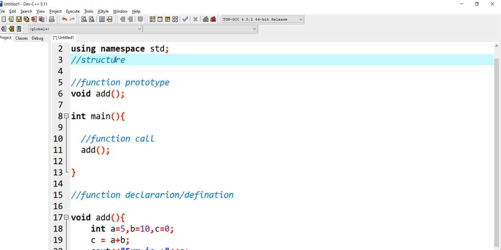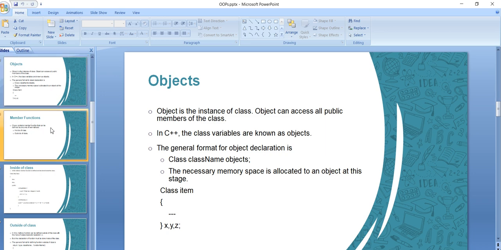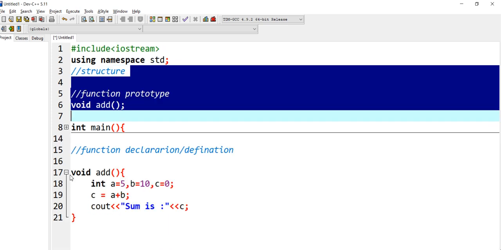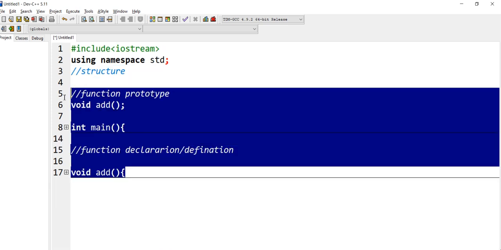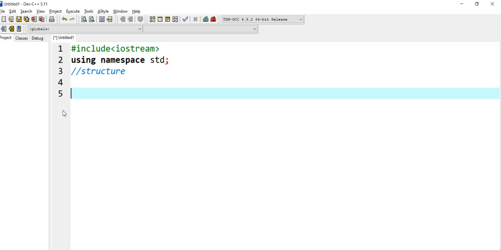Now if I want to create the same program using classes and member functions, right? We have discussed member functions in our last class. Let's create a class first of all. Instead of writing all this, I can remove this and declare my own class. Since I want to add two numbers, I give the class the name add two numbers.